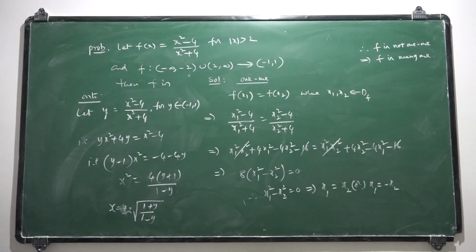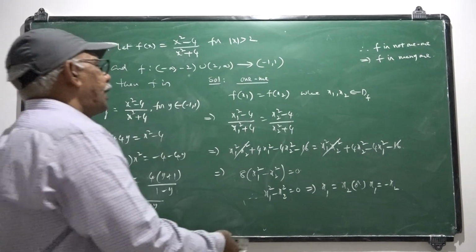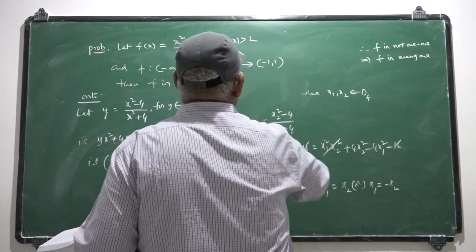So, if y equal to x square minus 4, that is clearly x square is clearly y, 4 into 1 plus y by 1 minus y, which is 4 into x square. Okay. That is clearly greater than or equal to 4. So y lies between. To define x, y must lie between